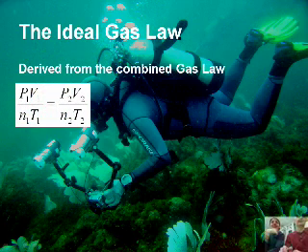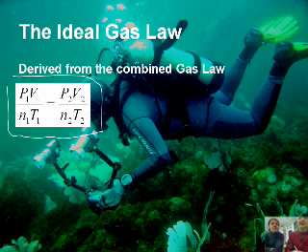All right, let's talk about this thing called the ideal gas law. It's actually derived from the combined gas law. And the combined gas law, as you recall from the last podcast, was this: P1 V1 over n1 T1 equals the same thing with the twos. So what we do is we just rearrange it. Now, all the previous gas laws, we've been talking about a change in conditions. You have an initial something and then a final something.